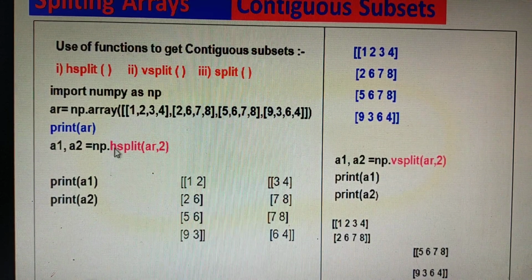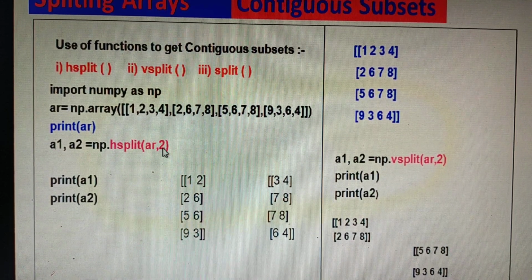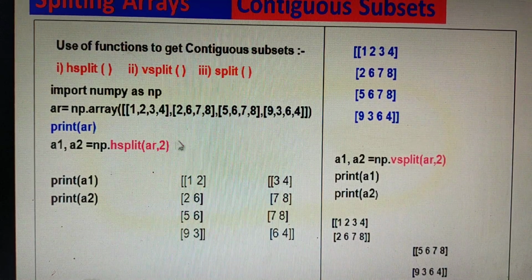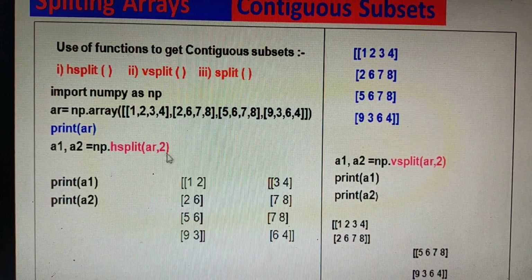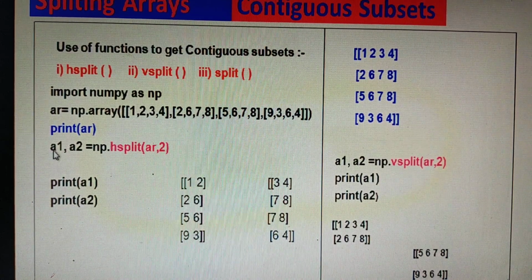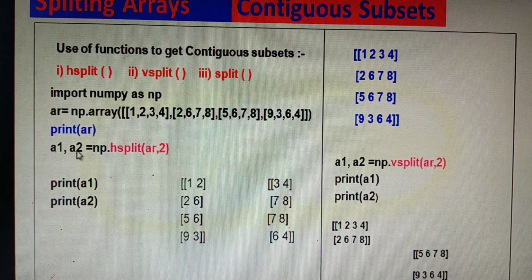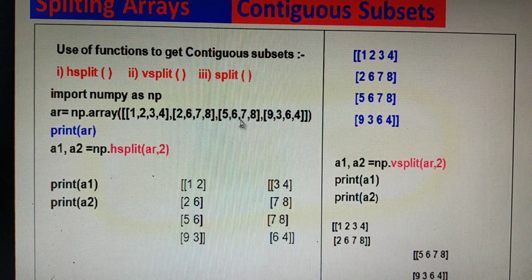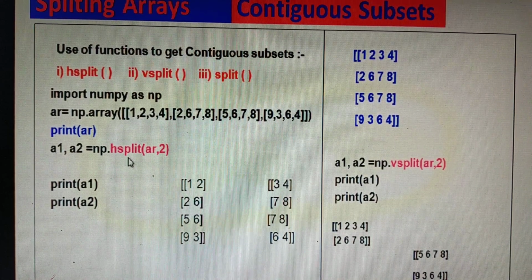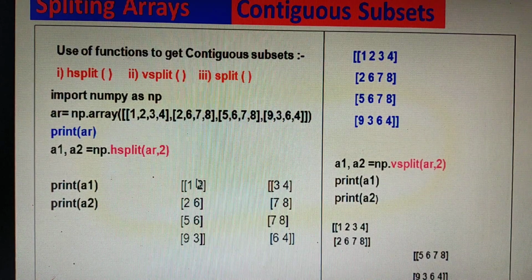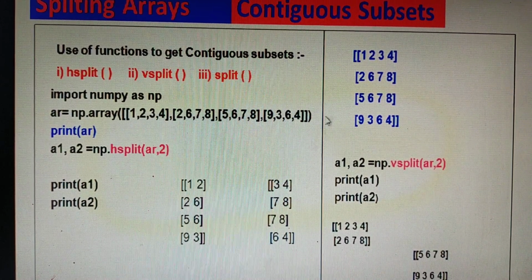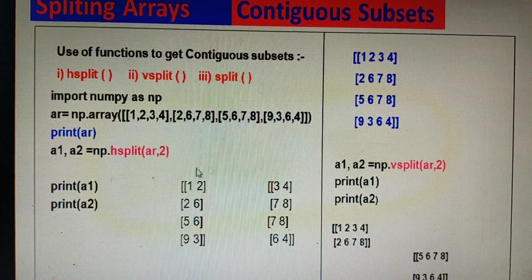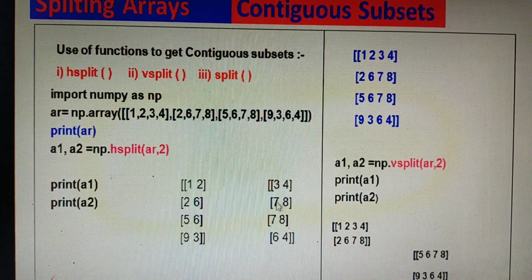And hsplit splits the array into 2 parts. AR is the array name, and 2 means this array is divided into 2 parts, and both will be stored in A1 and A2. So A1 and A2 will store the 2 different parts of this array, divided horizontally. Array A1 will contain the first 2 parts and A2 the second 2 parts.